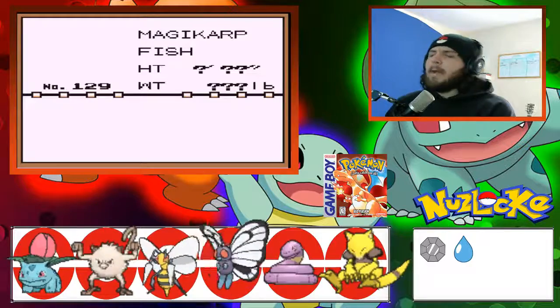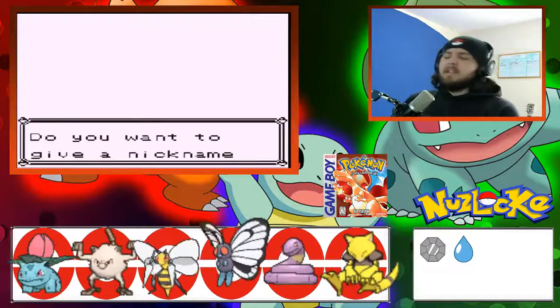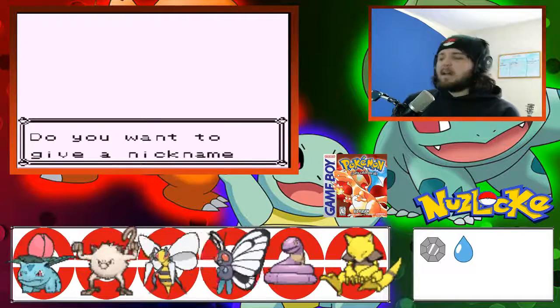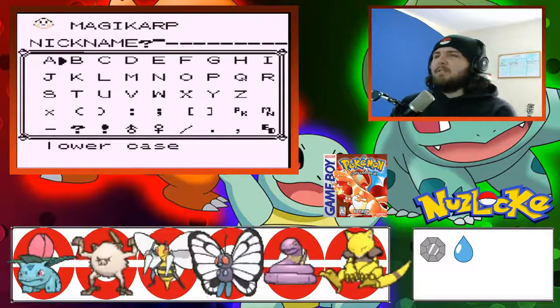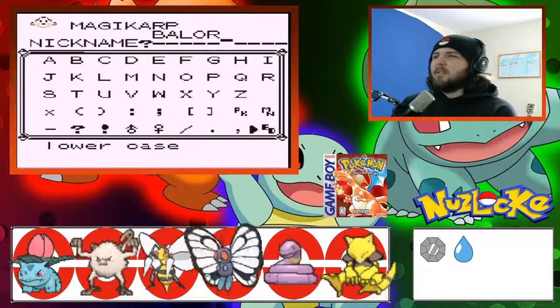And now we need to nickname him. I think I want to nickname him Balor, because Balor goes from being the normal Finn Balor to when he's in the big matches, he turns into the demon. And Magikarp turns from this sort of little goldfish essentially into this big dragon. So it's kind of similar to how Finn Balor turns from one into the other, and how contrasting it is from the regular Finn Balor to the demon Finn Balor. So I think that's going to be a good